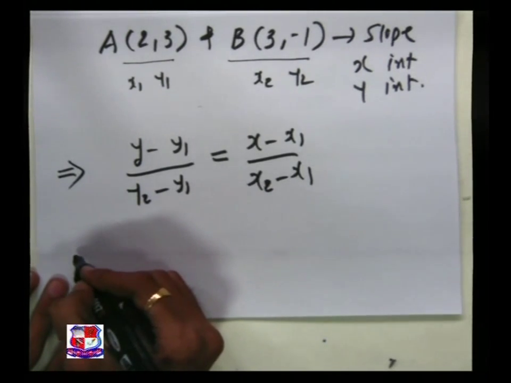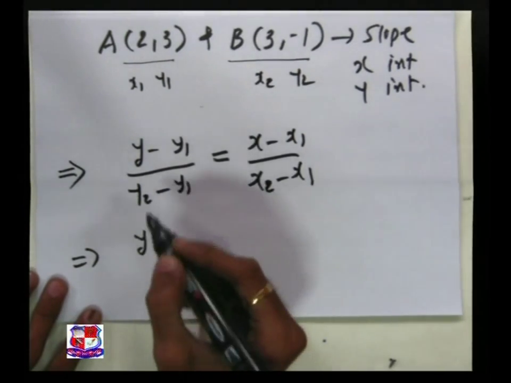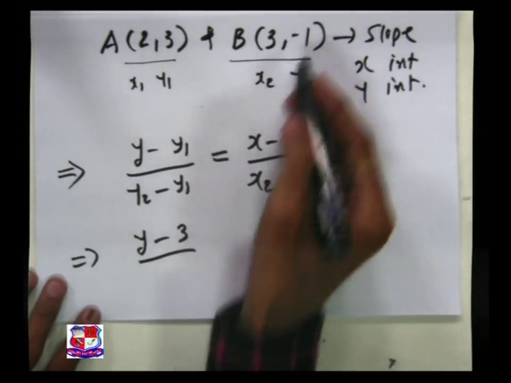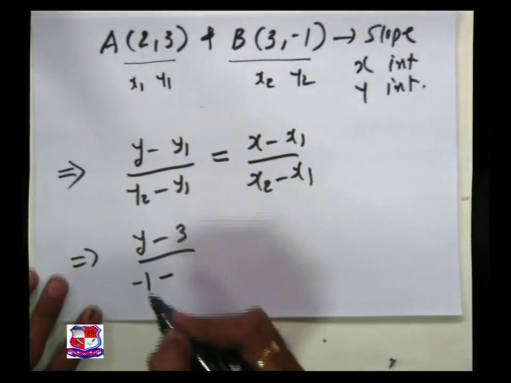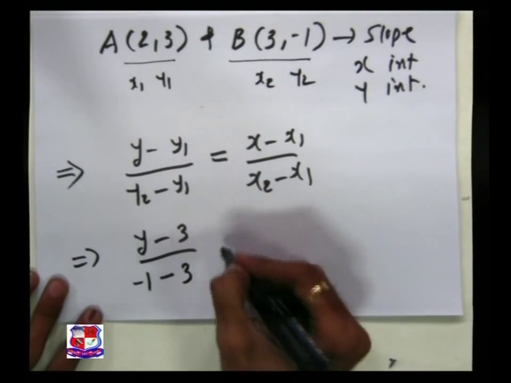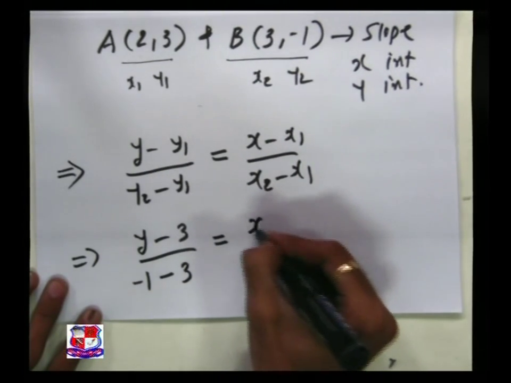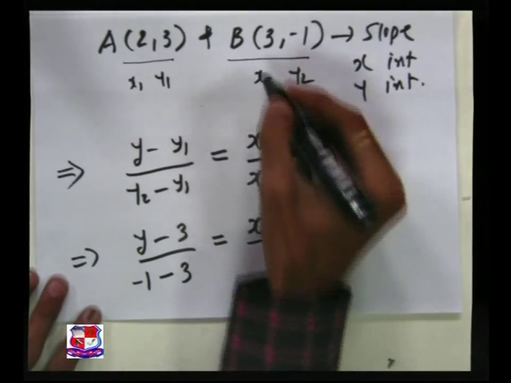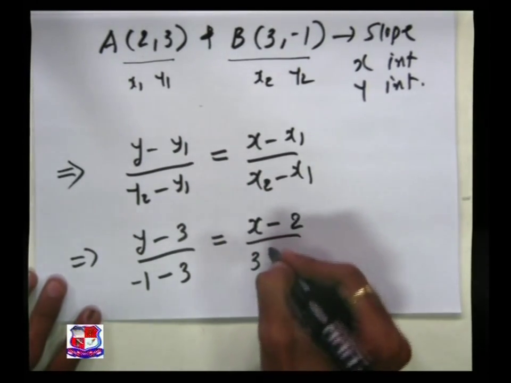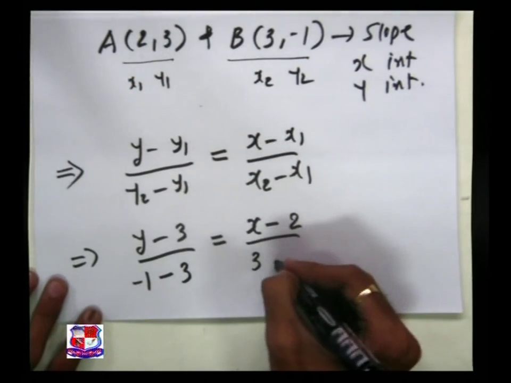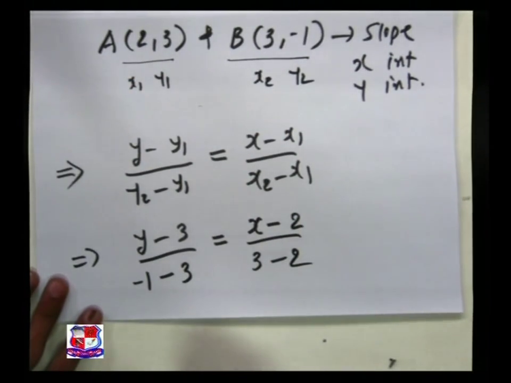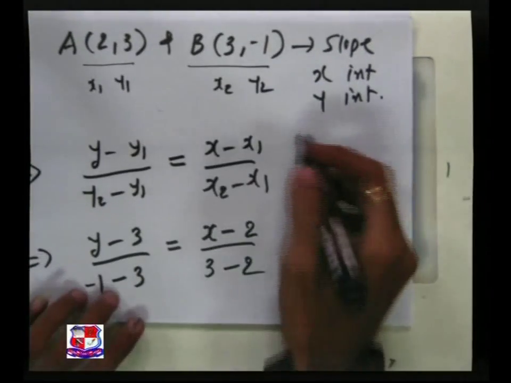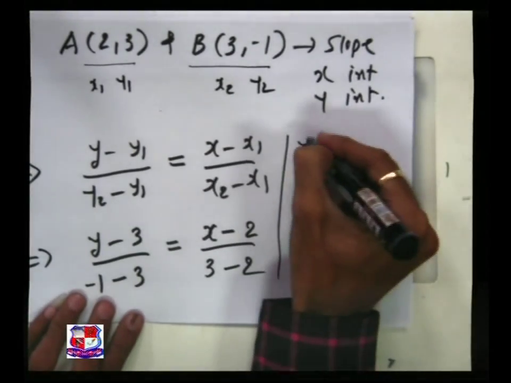So here, y minus y1, that is 3, upon y2, that is minus 1, minus y1, that is 3, is equal to x minus x1, that is 2, upon x2, that is 3, minus x1, that is 2, right? So after simplifying this one, we will get y minus 3